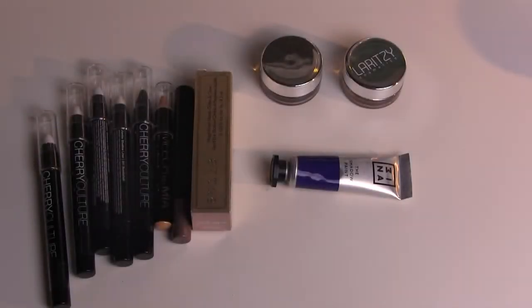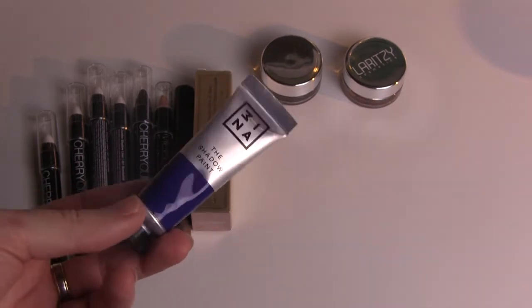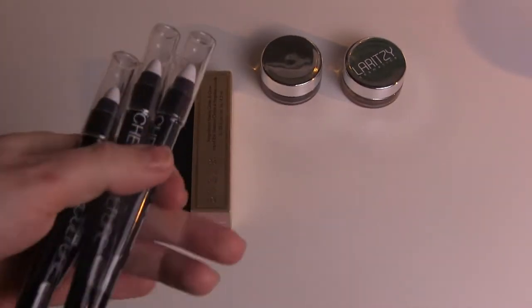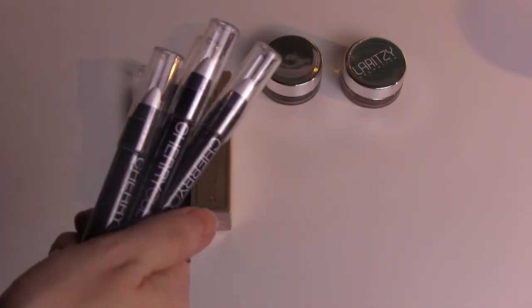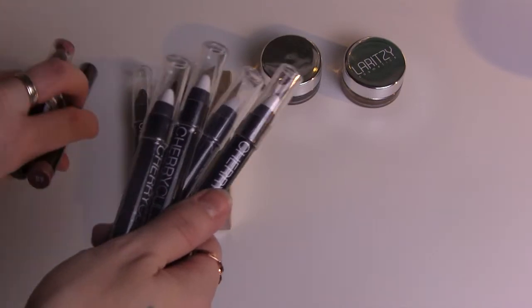Next I got cream shadows or cream jumbo pencils, and yeah. This one I'm never going to use. It's from Mina, the Shadow Paint. And I've got 4 of these white, or actually, I've got even more. Where's the last one? Oh, I found even more